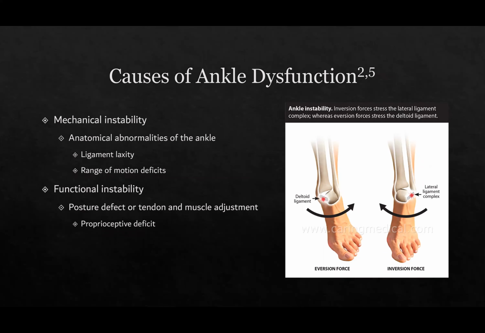Now, ankle sprains and lower extremity injuries can occur as a result of ankle dysfunction. And dysfunction can be displayed as instability or immobility. So some causes of ankle instability, there are two main types of instability, which are mechanical instability and functional instability. Mechanical instability is related to anatomical abnormalities within the ankle, which is usually related to ligament laxity or range of